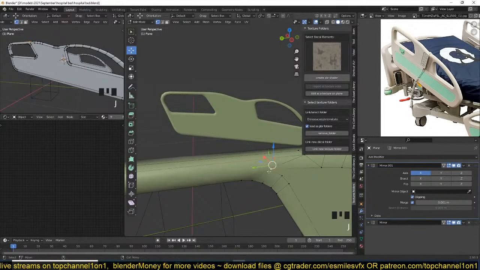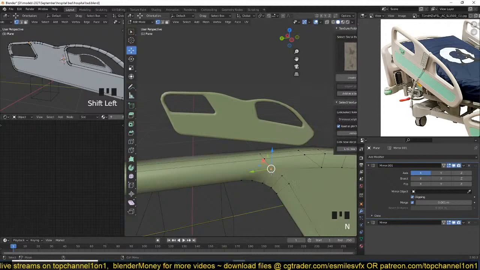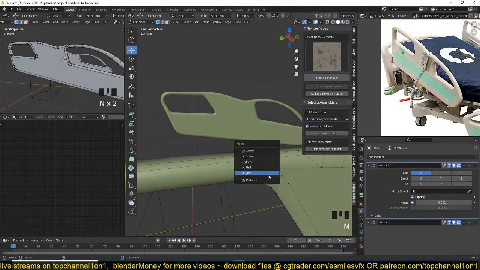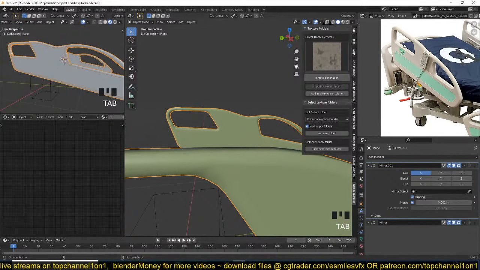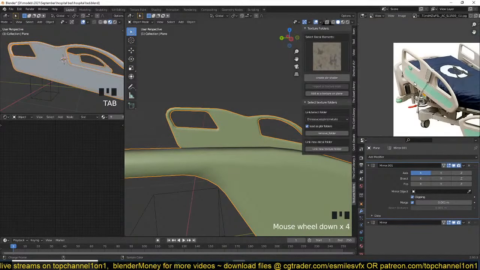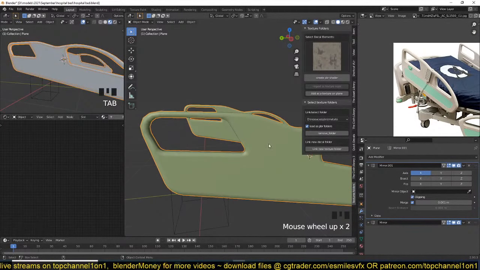So again, we can come back later and work on the topology, make it a little bit better. But let's move on to other parts of the bed. We can also come back and add in more details like this here and everything. But I'm going to add